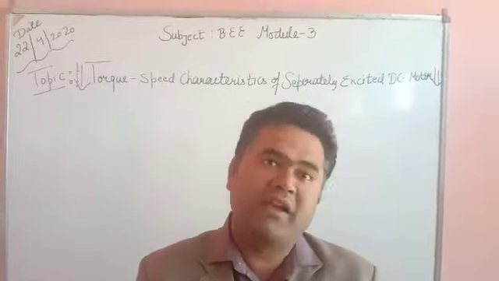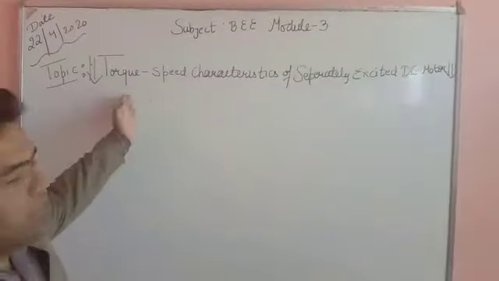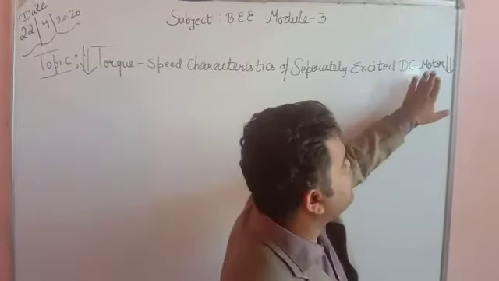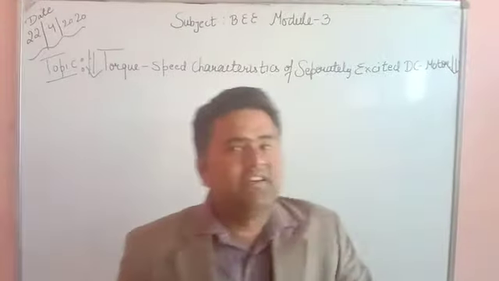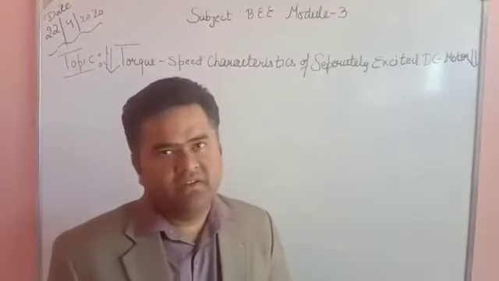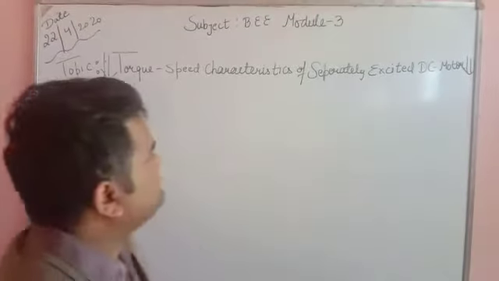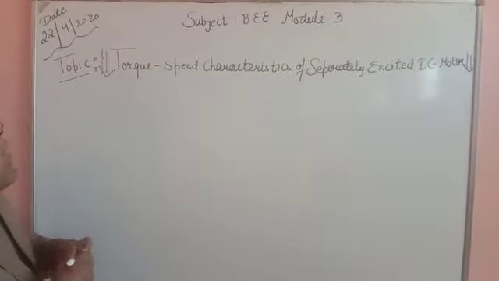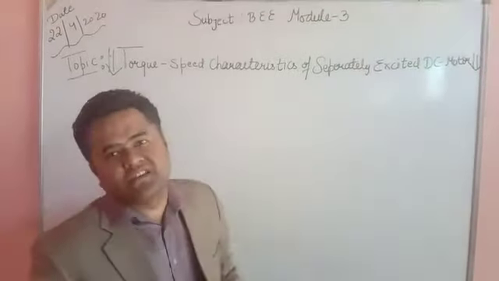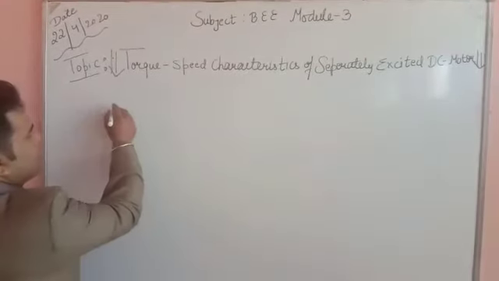And today again I am back with a new topic in continuation to yesterday's speed torque characteristic of the separately excited DC motor. Mind it, DC motor is of three types, but out of it we are discussing the separately excited. Now talking about the speed torque characteristic, before that I must tell you about what is a separately excited DC motor, and first of all draw its diagram.